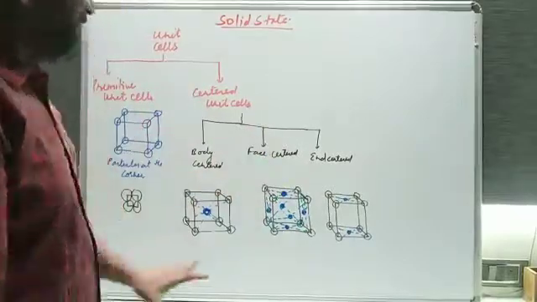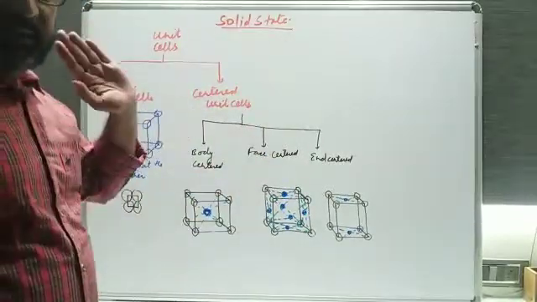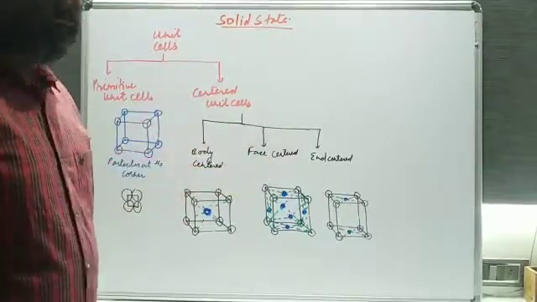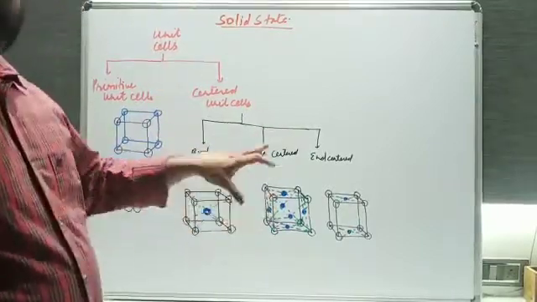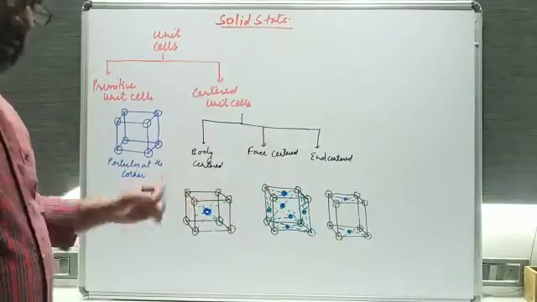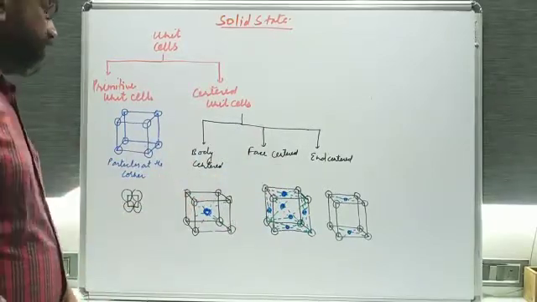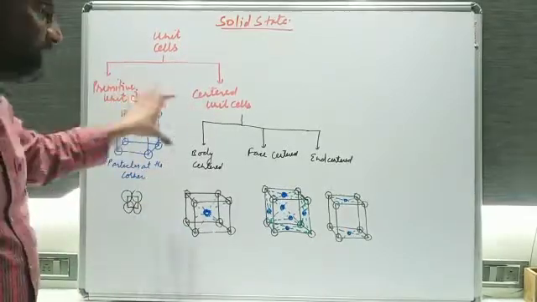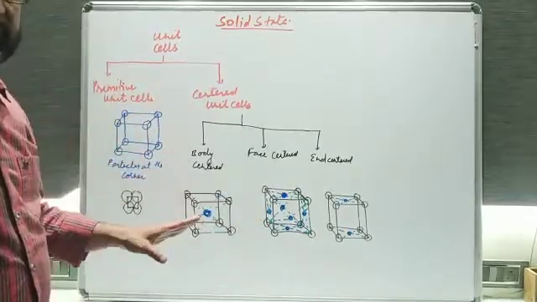So these are the various types of unit cell which you study in case of the cubic. There are many others, but these are not in the course. Is it fine? These are the main basic units which you have to study in the 12th standard. Now what will be the next part? We will count the number of particles present in each and every unit cell. We just have to calculate that.